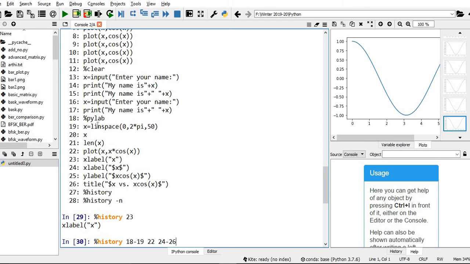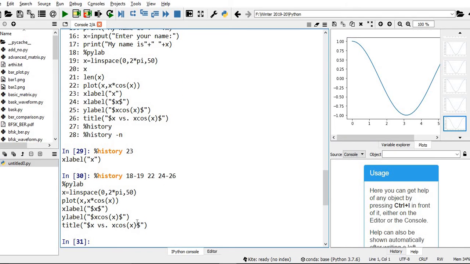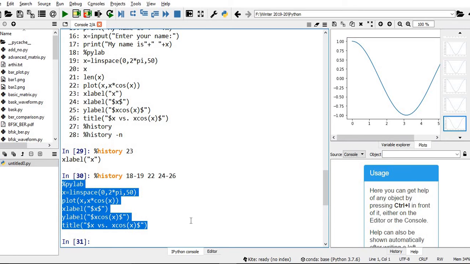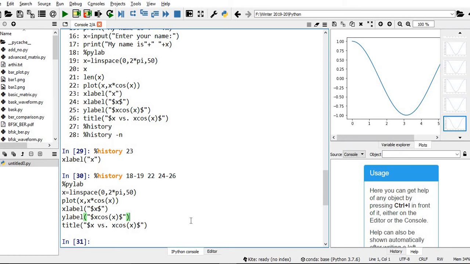If I need continuous lines, I can use this hyphen, otherwise I'm just giving space between the required lines. Let me hit enter, and you just see whatever is required has come. After testing, I have tested these commands, and it is generating the required x cosine x waveform. Let me save this in .py format, and whenever required, I can call it. Otherwise, if I close Python, whatever I have typed in the console will go. So I can store these lines.